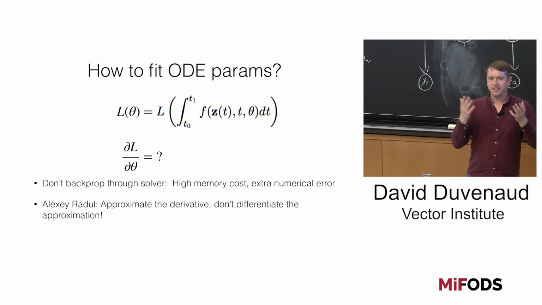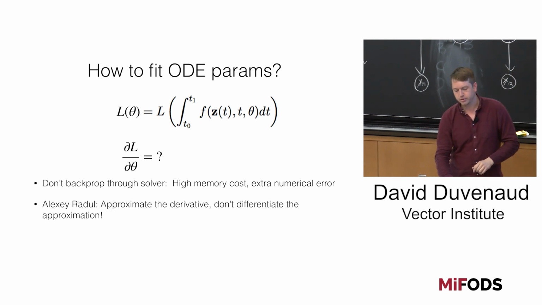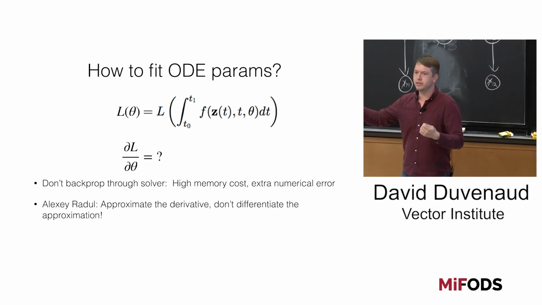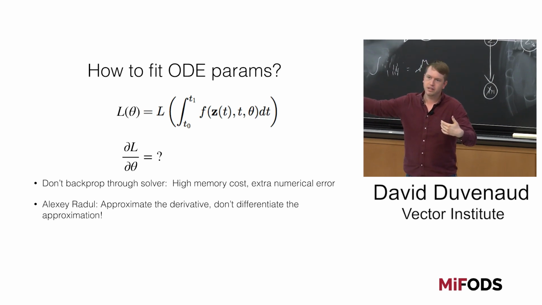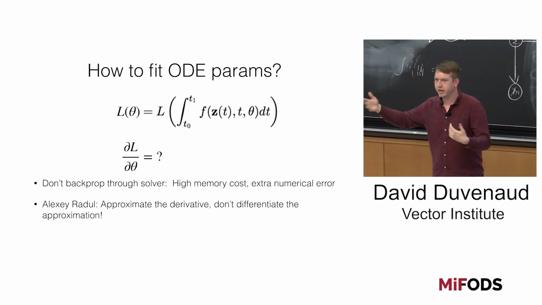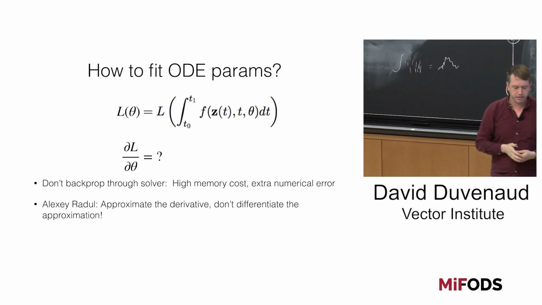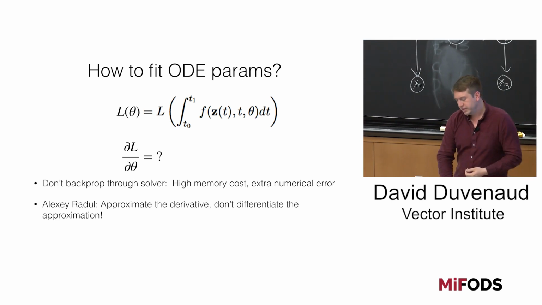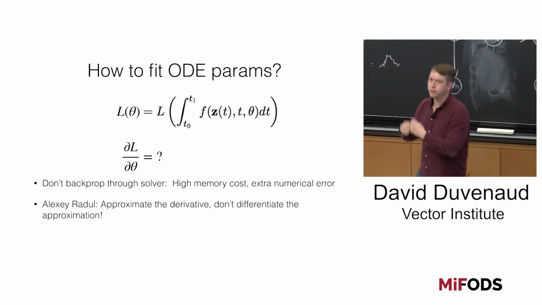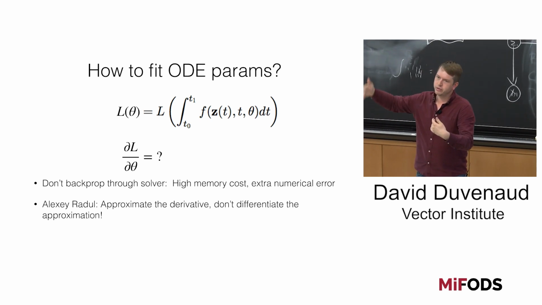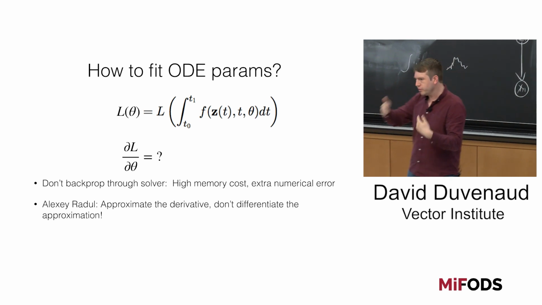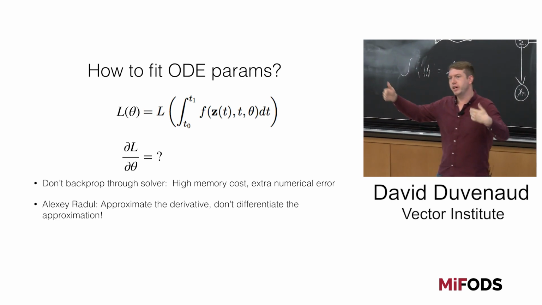So one thing we could do, that Chris Rackauckas does all the time, and there are different scaling properties of different ways of doing things, is to backpropagate through the operations of the solver that you use. These solvers are just a bunch of linear algebra and if statements and stuff. There's no reason why we can't just write this in PyTorch or Julia and autodiff through the whole thing. The main limitation there is that you either have to do forward mode, which doesn't scale very well with the number of parameters, or you have to do reverse mode, which requires you to store the intermediate quantities, which then has high memory costs as you have large models and long time series.